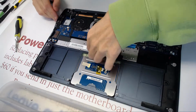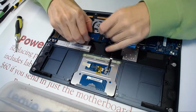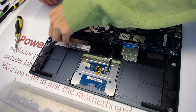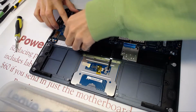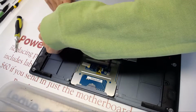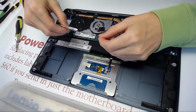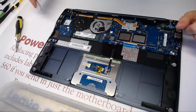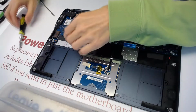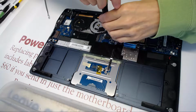Alright, so let's see if you can just disconnect the bridge. Maybe there are screws under here, maybe not. So what we do is we just lift it up, I guess. My guess, right? Yeah, no. Okay, so that's just the top cover. Then we disconnect the SSD. Okay, and then